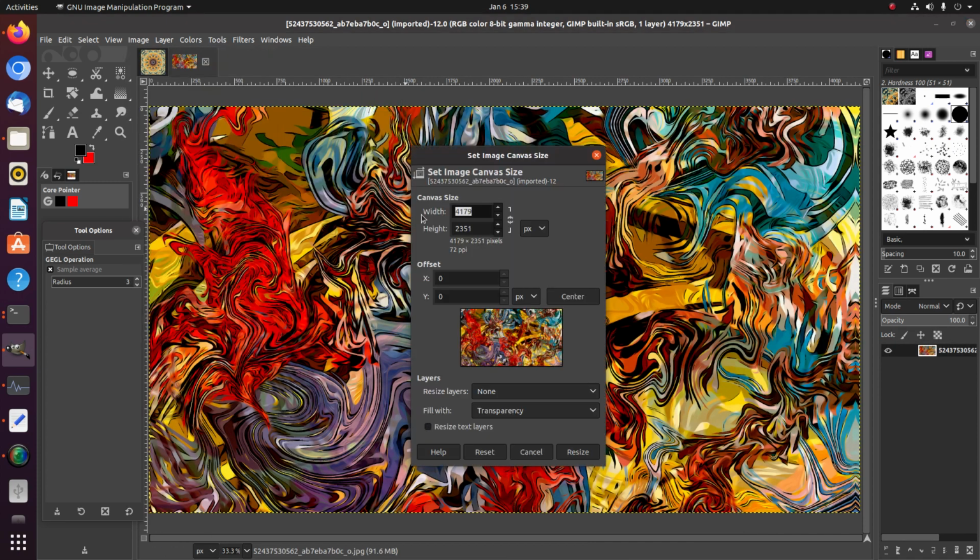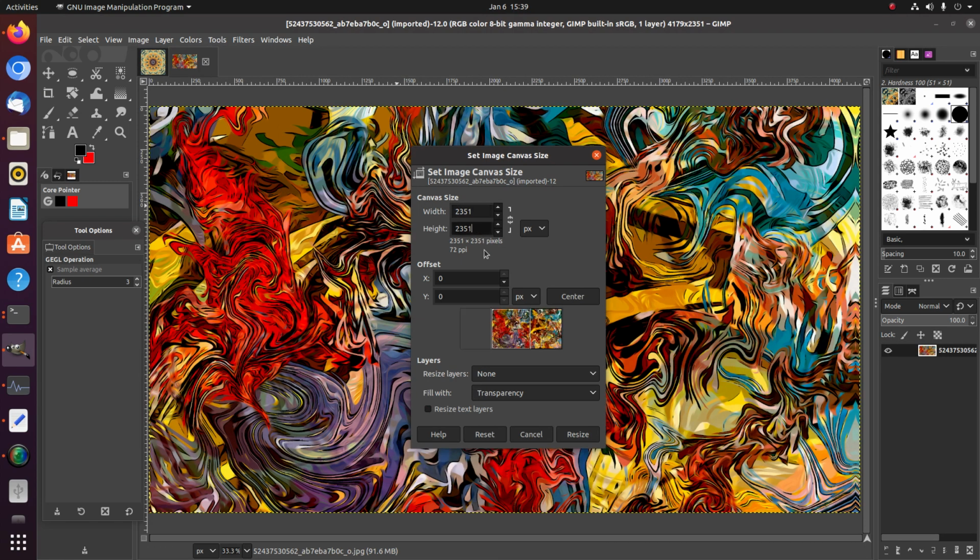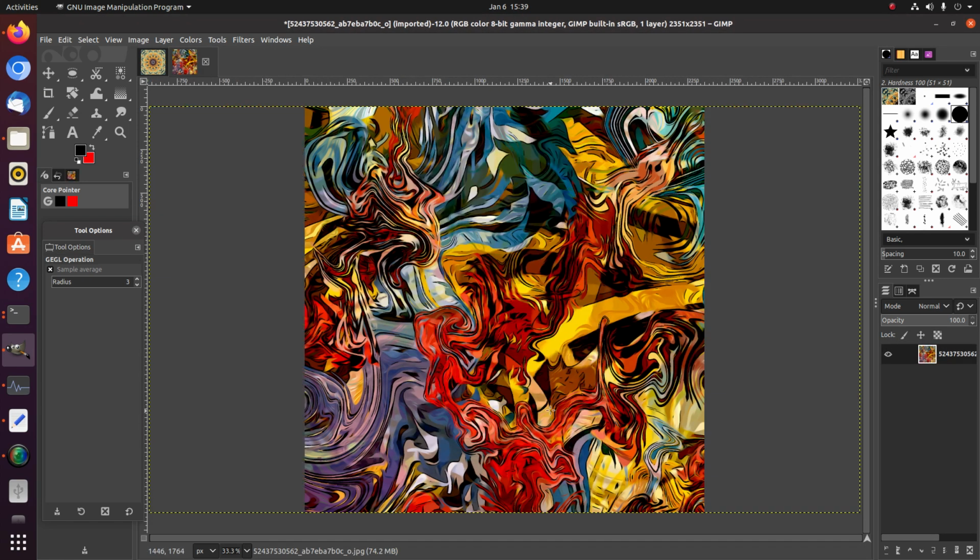Image, canvas size, take the lesser of the two, copy it over the other one, resize center, layer to image size,